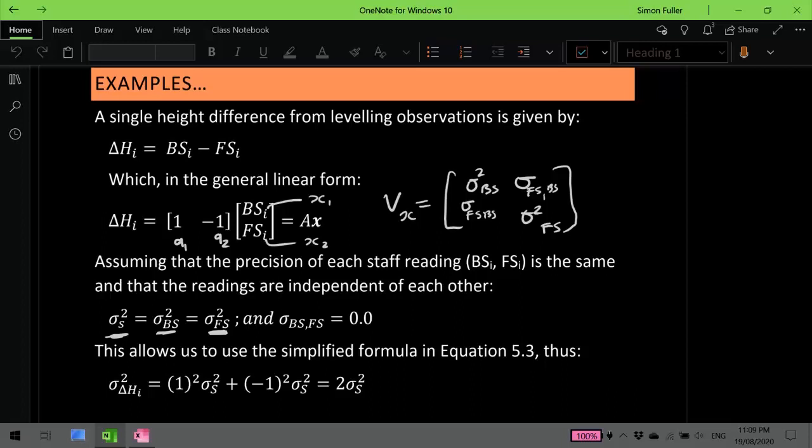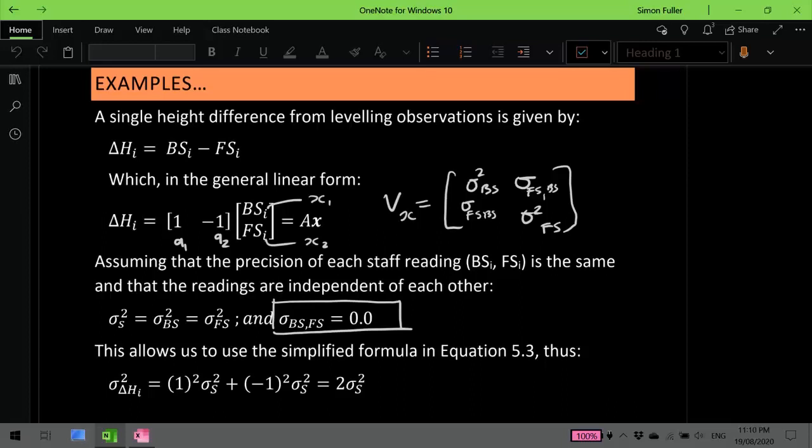And we would also be reasonably confident that there is no correlation between the backside and foresight readings, which is to say that reading the backside has no influence on our foresight reading. And so we are able to set the covariance to be 0. The readings are independent,